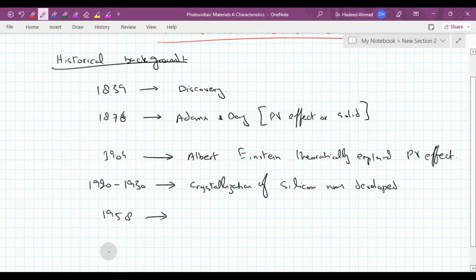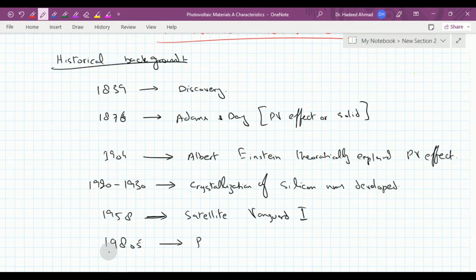In 1958, solar cells were used in satellites, for example, the Vanguard 1 satellite. Thereafter, the use of solar cells was limited to satellite technology until the world saw the oil embargo problem. Thereafter, the West, specifically the USA and their associated allies, started to go for the commercial production of photovoltaic panels. So in the 1980s,